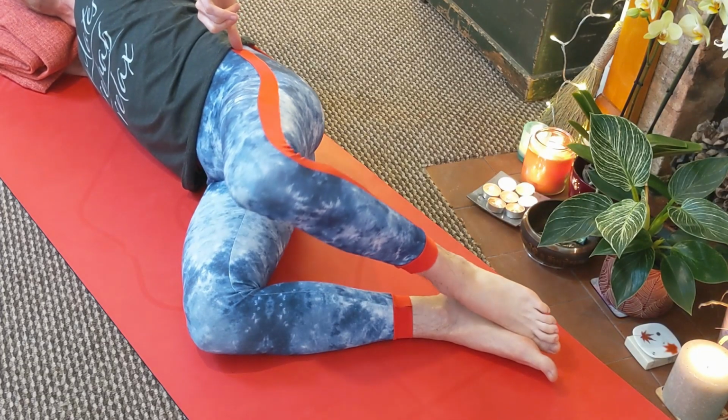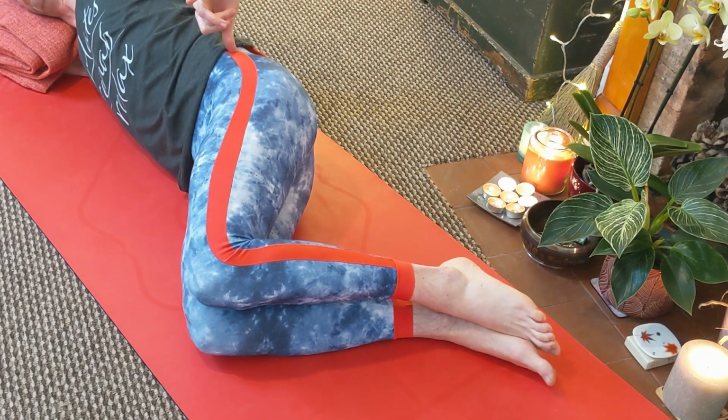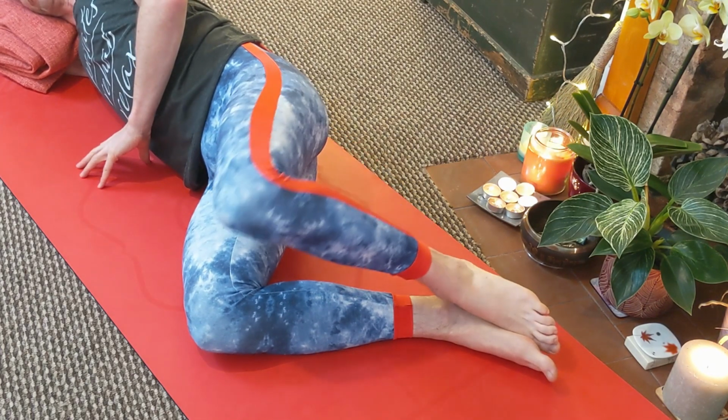I'm going to have my hand resting in front of me, but I'm not pushing firmly there. So what we do for the Clam, if you imagine a clamshell, the way it opens and closes, I engage my tummy muscles here. And this time, my drink of water or whatever your drink is going to be resting on your belt line roughly. So I engage that muscle throughout, and the leg comes up